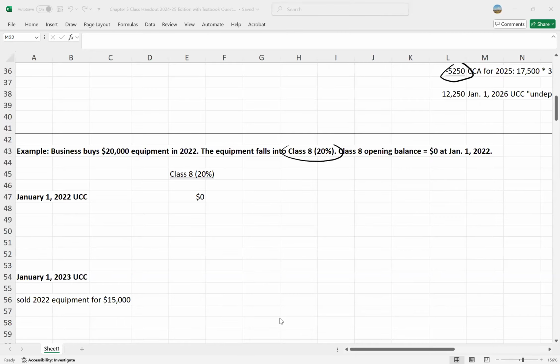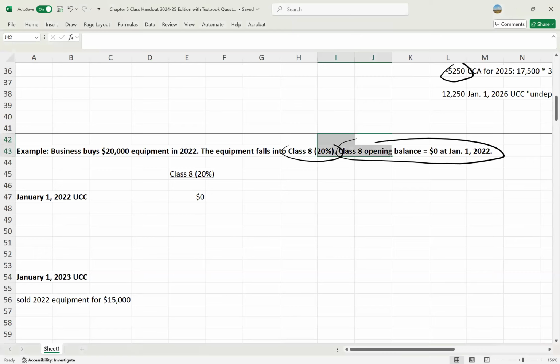So we go back to our Excel document. We bought this piece of equipment in 2022 for $20,000. And let's just assume that at the beginning of 2022, there was a 0 balance. So there was no amount in Class 8. So now we've got to start Class 8, and we're going to add this addition